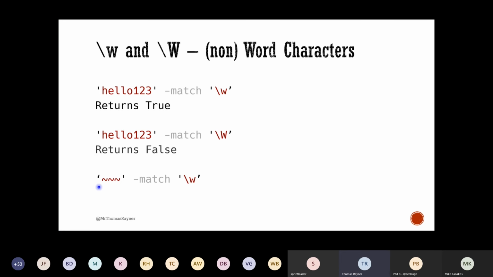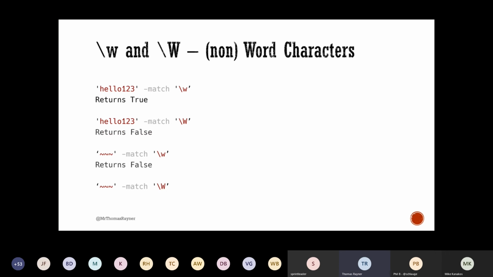In this example, we have 3 tildes, the little squiggle when you go shift backtick. This is a lowercase w. Are any of those word characters? Nope, because we're looking for word characters and those are all not. But again, uppercase W, we're looking for things that are not numbers, letters, or underscores. And that's true because that's not a word character. That's not a word character. And that isn't either. They're all not word characters, which does match the not word character pattern.